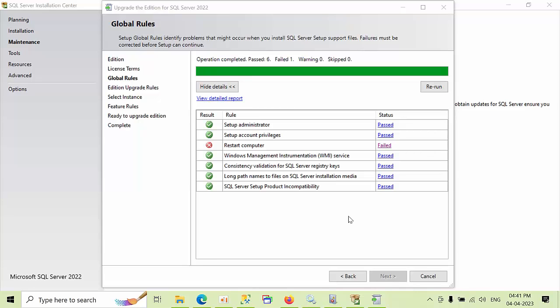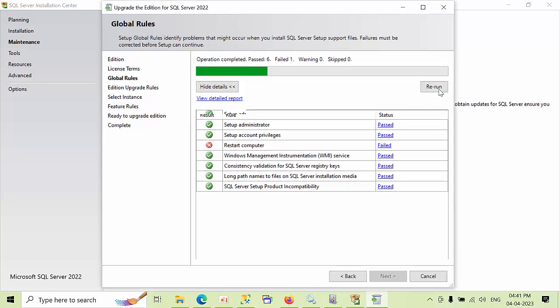Hello friends, today I'm going to show you how to bypass the "restart computer" requirement while installing or patching. If you click rerun, I still get this error. To avoid this, you can restart the PC, but in order to avoid that, we can bypass this